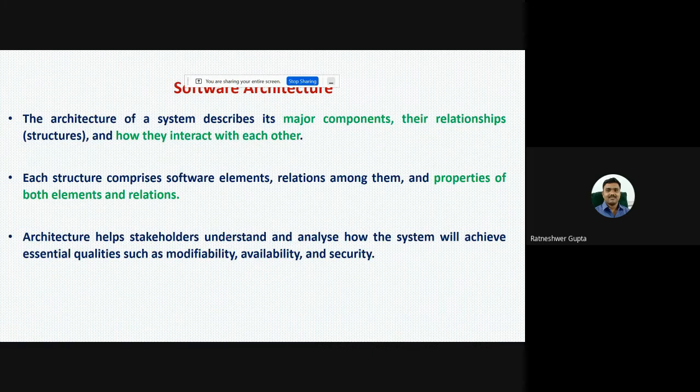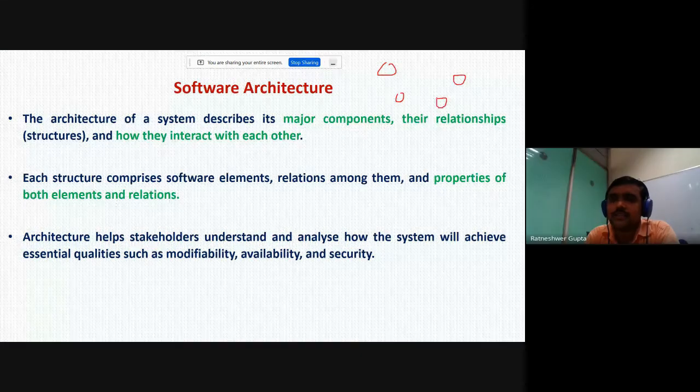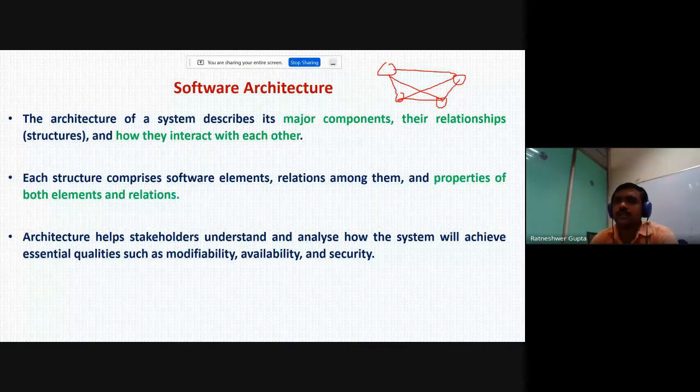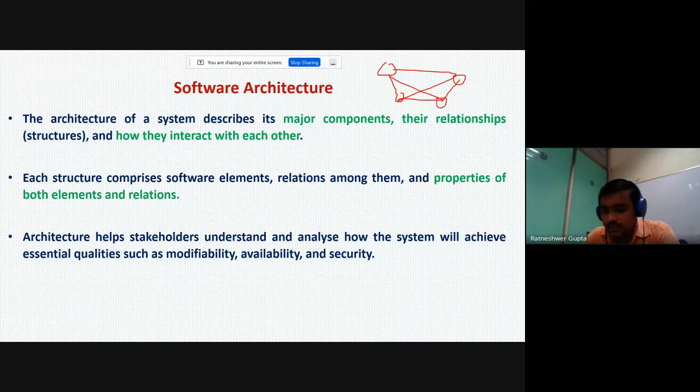Now, what is the general meaning of architecture? When we say architecture, we have some components, and we have the relationships between those components. That is the general definition of architecture.